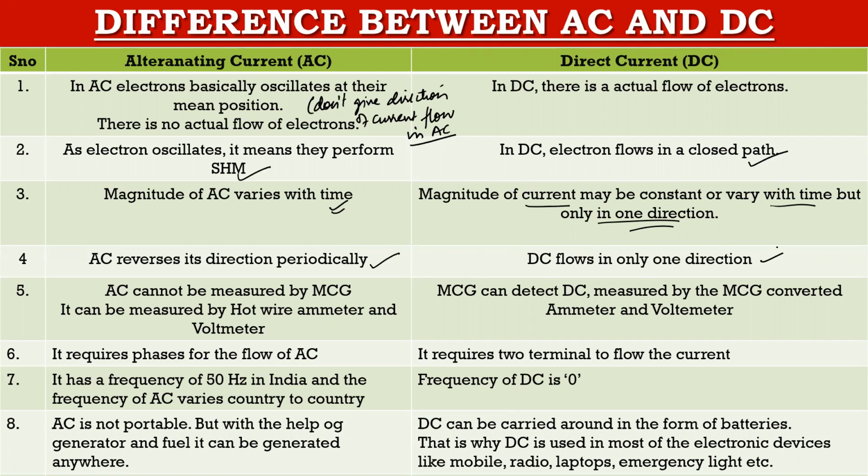AC cannot be measured by MCG, it can be measured by hot wire ammeter and voltmeter. Here it is measured by MCG converted voltmeter and ammeter. It requires phases for the flow of AC, whereas it requires two terminals to flow the current. Frequency in India is 50 Hz, यहाँ पर आपकी frequency 0 होती है। AC is not portable, मतलब हम इसको कहीं पर लेकर नहीं जा सकते, but with the help of generator and fuel, we can generate it anywhere. It is not portable कि कहीं पर मैं सोचूं कि मैं अपने बैग में AC सप्लाई लेकर जाऊं,